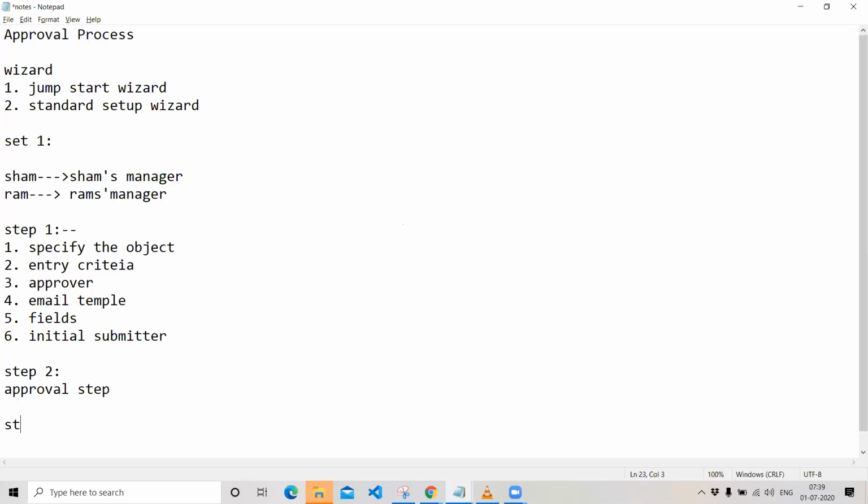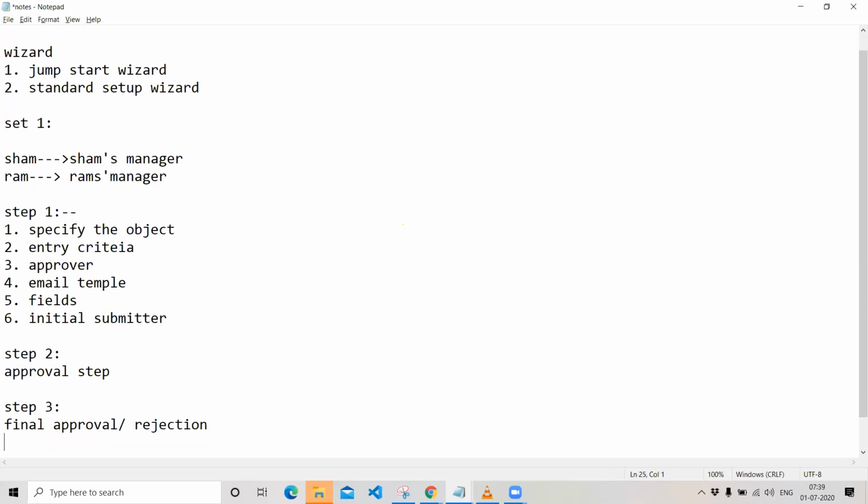And you have something called as step 3, where you will have the final approval and rejection, and you can define all these steps in this way. So guys, in the next section we will be seeing how to define this approval step and final action. So that's all for the